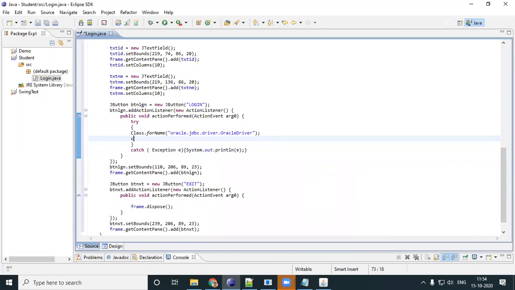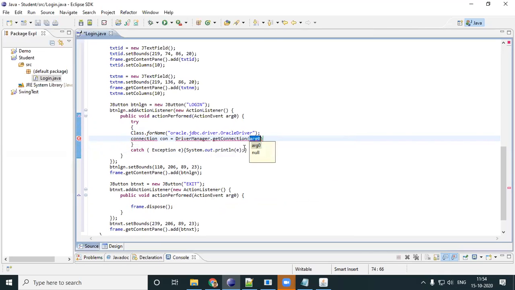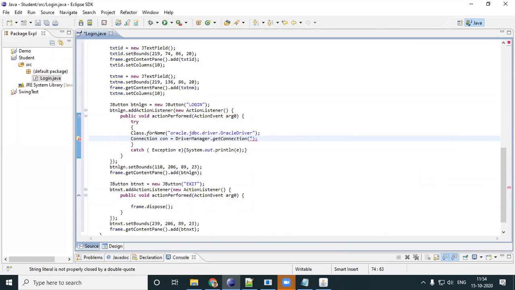Now I'll have to prepare my connection. Connection con is equal to DriverManager dot getConnection. Hope you remember all this. Connection, C is capital. Connection con, DriverManager dot getConnection. You'll have to give your whole path. I'll just copy this from somewhere.